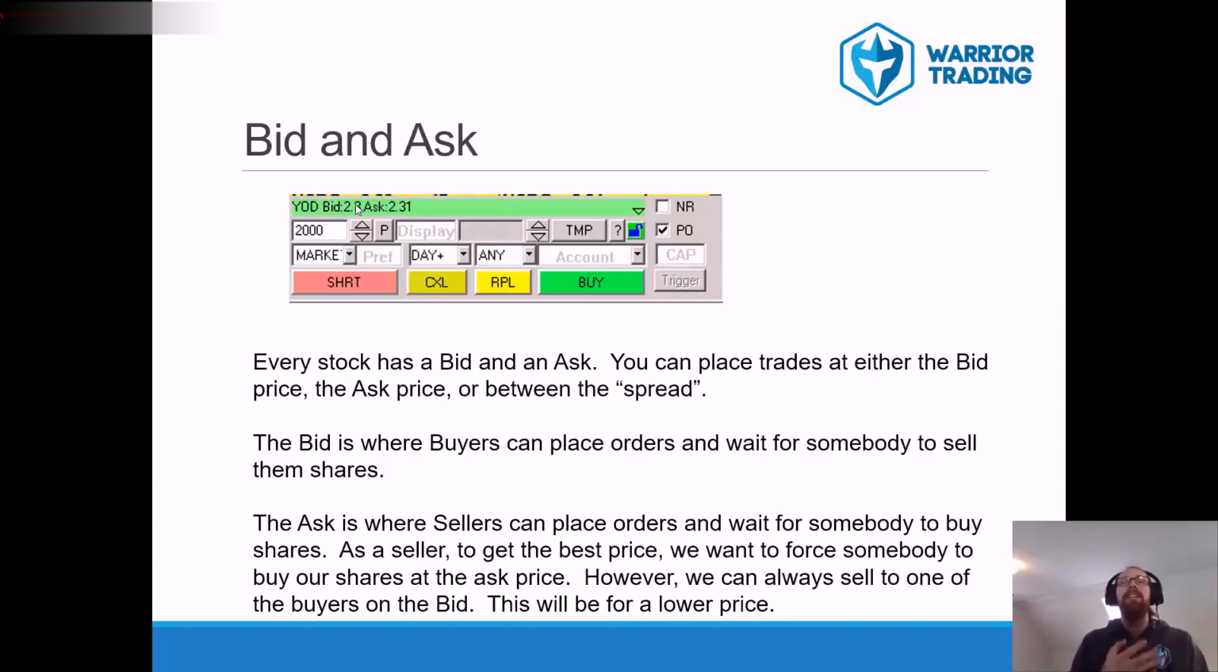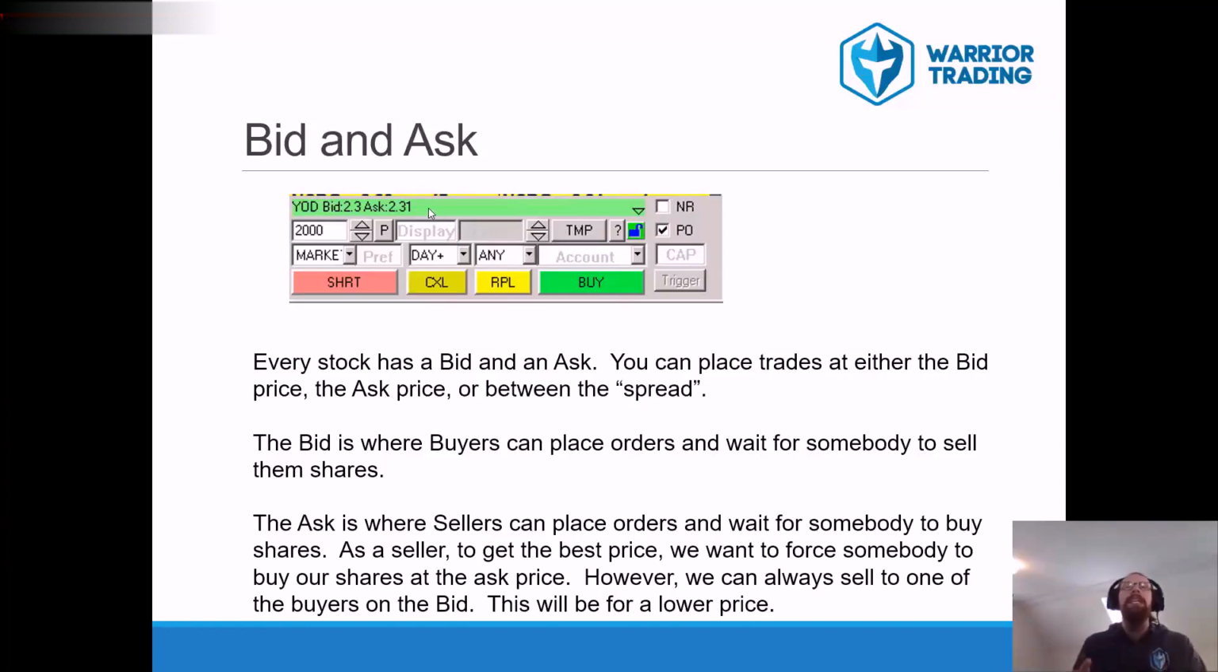Alternatively, when you want to sell a stock, you can sell it on the ask price. You'll get the best price when you sell it up on the ask for 231. It's an extra penny, but you've got to wait for a buyer to come buy shares from you. So you can sell on the ask and you can buy on the bid, or if you want to get